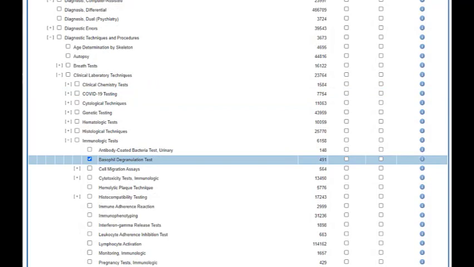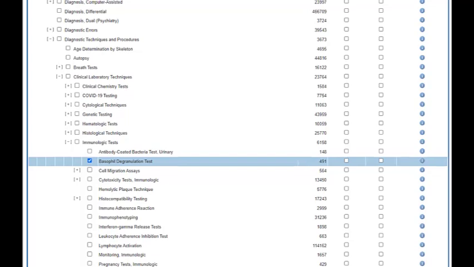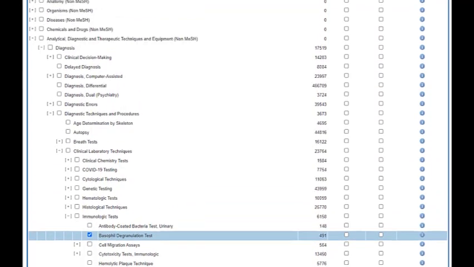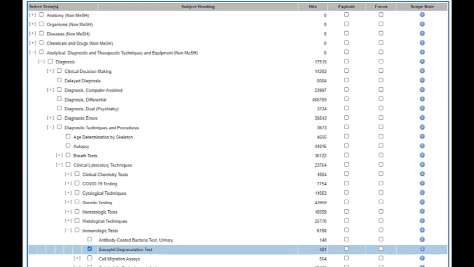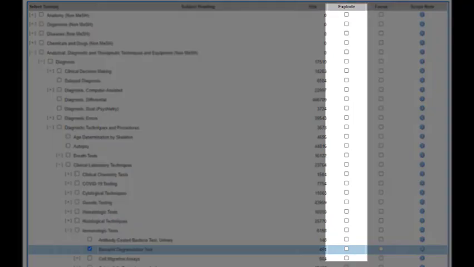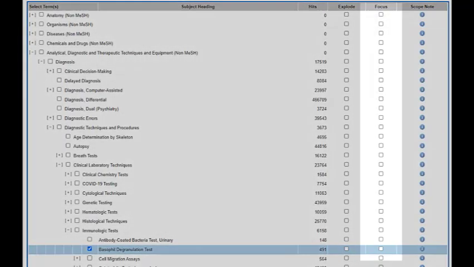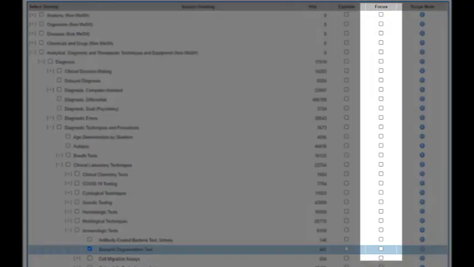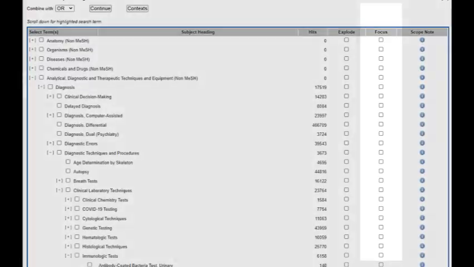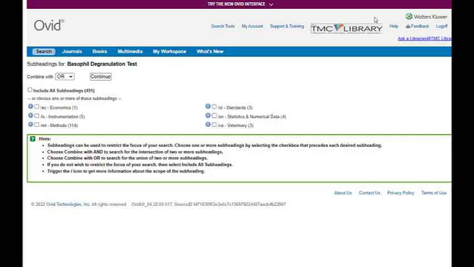In this case, our topic concerns the basophil activation test only, so we'll select only this subject heading. There's no need to explode that term since there are no narrower terms below it. I'm also leaving the focus box unchecked because I don't want to miss out on any articles that may have been indexed with this subject heading as a minor heading. Click Continue. This brings up a list of subheadings that will narrow your search to articles covering specific aspects of